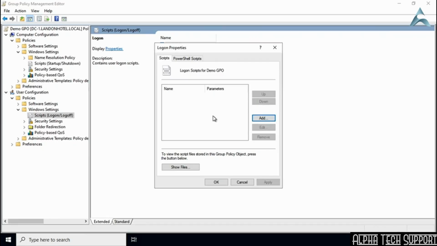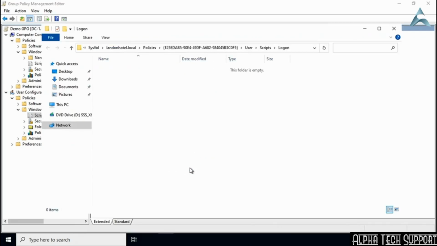What I am going to show you is that rather than clicking on add here, there's a button down here that says show files. When I click on show files, it actually takes me into a shared location that is specific to this group policy object. The group policy objects are all out in a shared location. If the user is able to access the group policy object, well then the user is able to access this